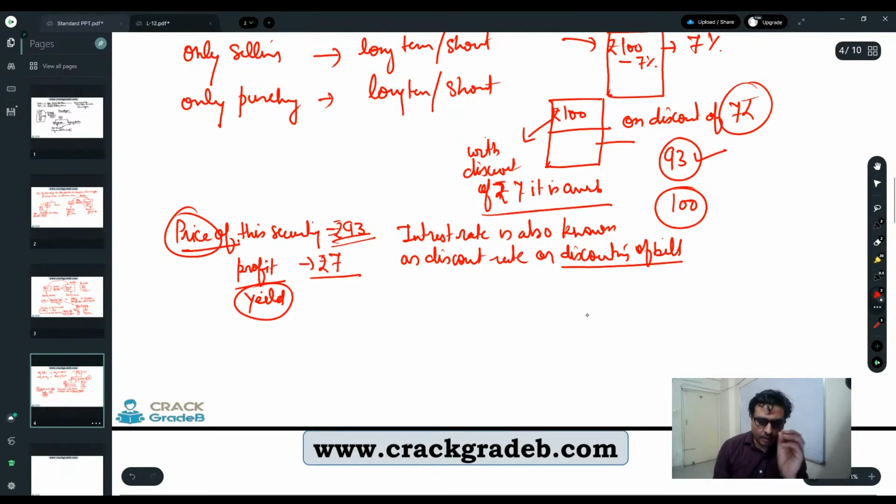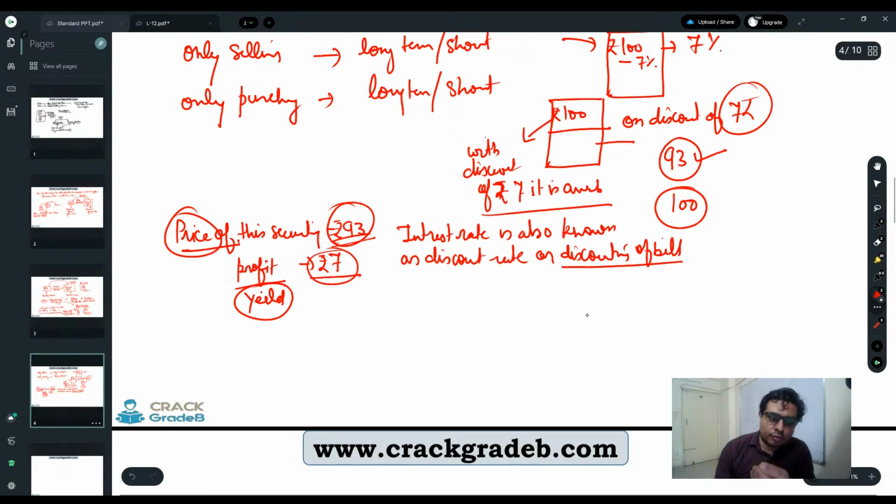That's why I'm repeating a little bit again and again. But you have to understand. Once you understand, it is going to be very smooth for you. But if you are not able to understand, it will create a difficulty for you. So one is a price. This is the price which RBI is offering.